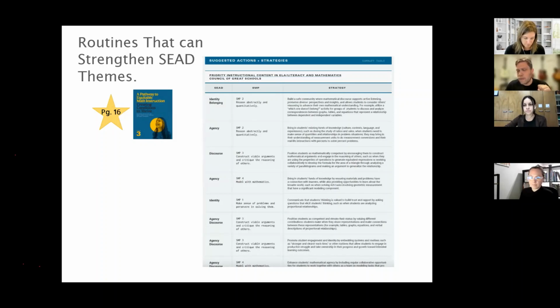A lot of what they talk about are, I would consider, math routines. For instance, they note identity and belonging. One strategy to use is an activity called Which One Doesn't Belong, which I'm familiar with and I've done with students. Another thing that jumps out to me, for discourse, would be number talks, as well as agency, where students are interacting with one another and creating solutions on their own